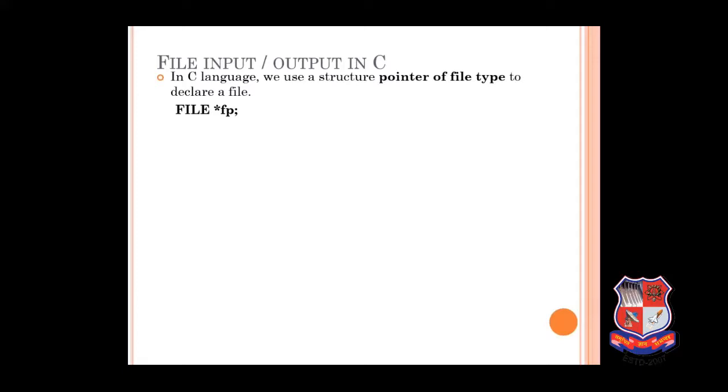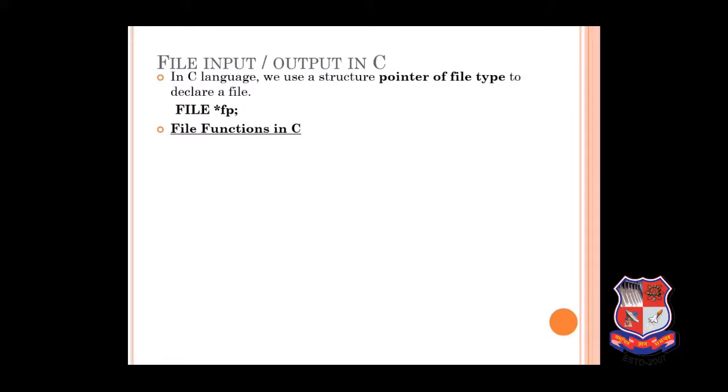But for the computer everything is digits, everything is addressed. So I have to give some particular address to open that file. We know that addresses work with pointers, so I have to create a pointer for the file, which is FILE in capital letters, star, and then fp, file pointer, to access a file.